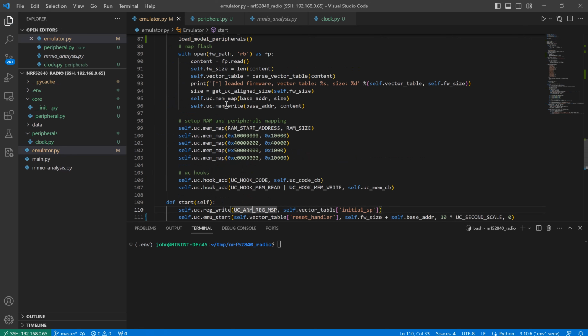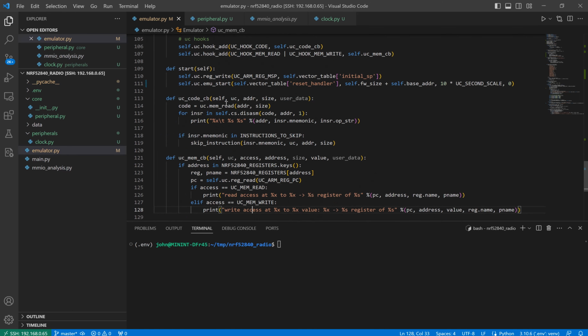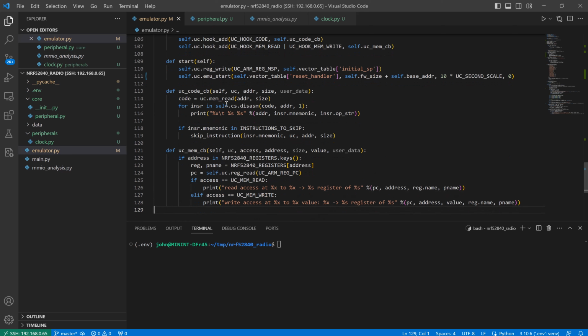Now inside the memory access callback, you can check if